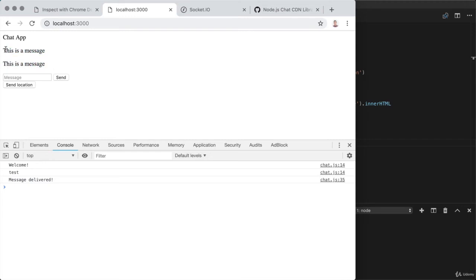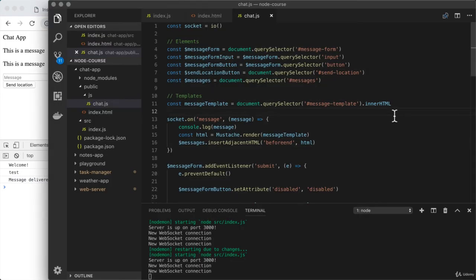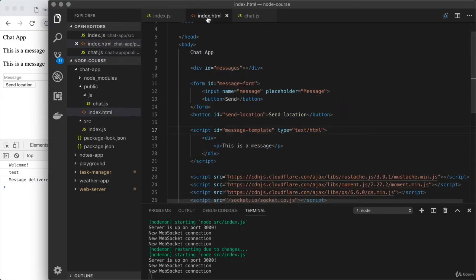Now, this alone is a good start, but it's not particularly useful because what we really want to do is render the message text inside of there. Let's go ahead and figure out how we can get that done. Now, over in index.html, to do this, we'll be making a small change to our template. When we're working with Mustache, there's a syntax we can use to inject values inside. So first up, we find the place we want to put the